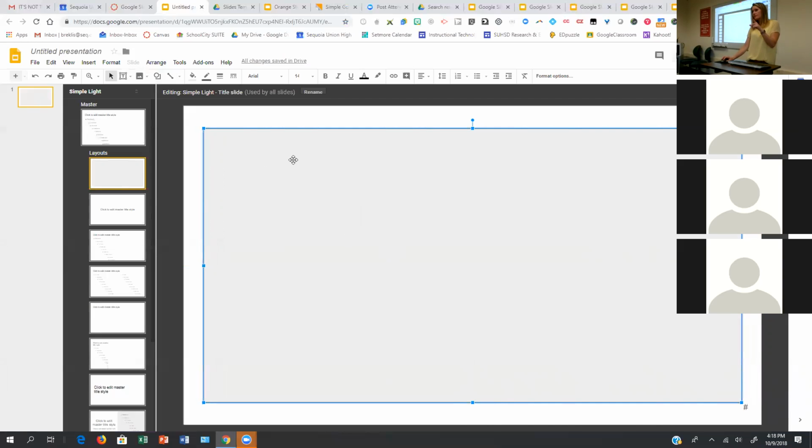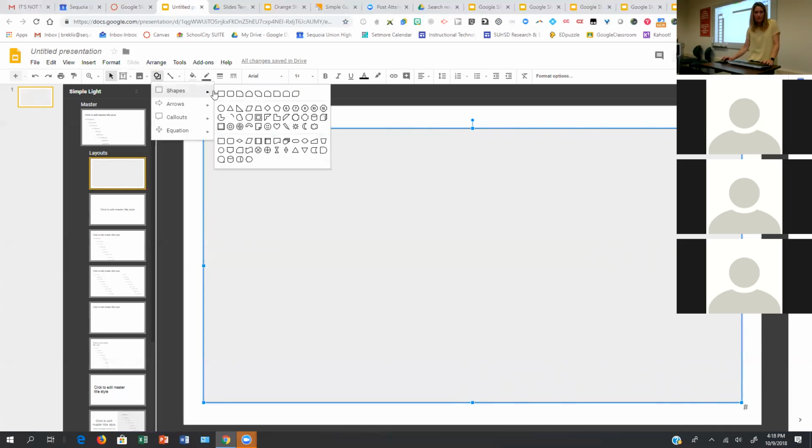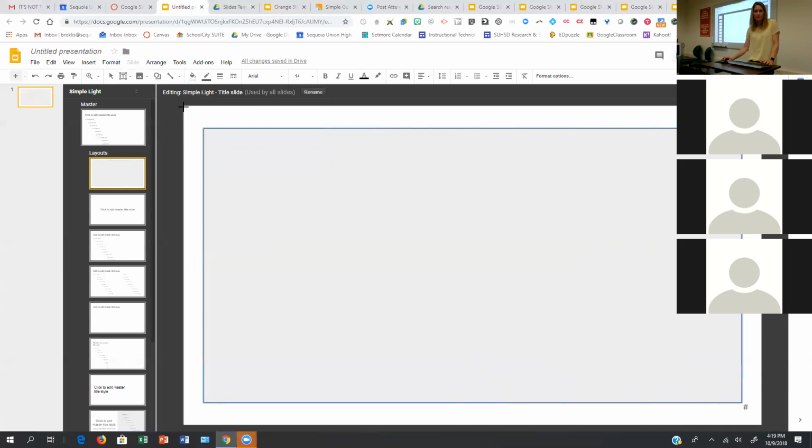Then what I usually like to do is actually do a second rectangle. So maybe I should have made this one first, but that's okay. I'm just going to do another one. And we'll also work on the layering. I'll do a second one. And this one, I'm going to make the entire background size.